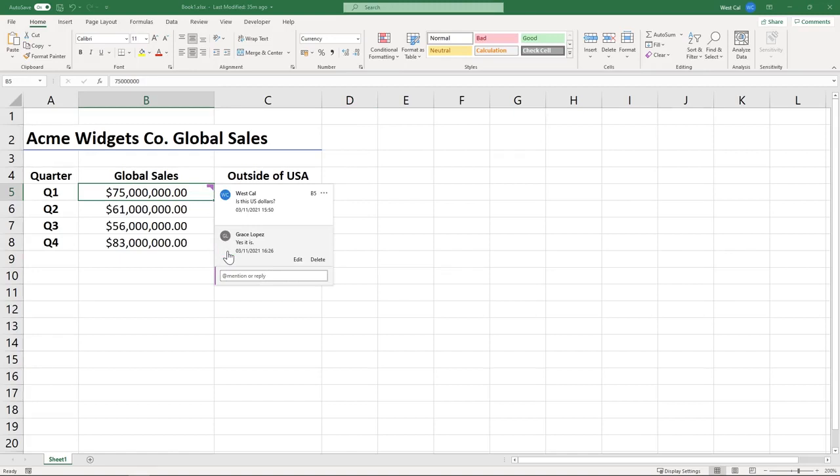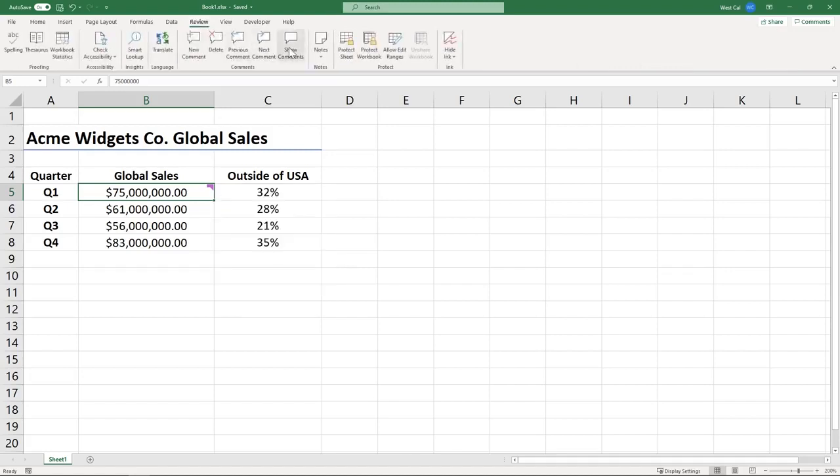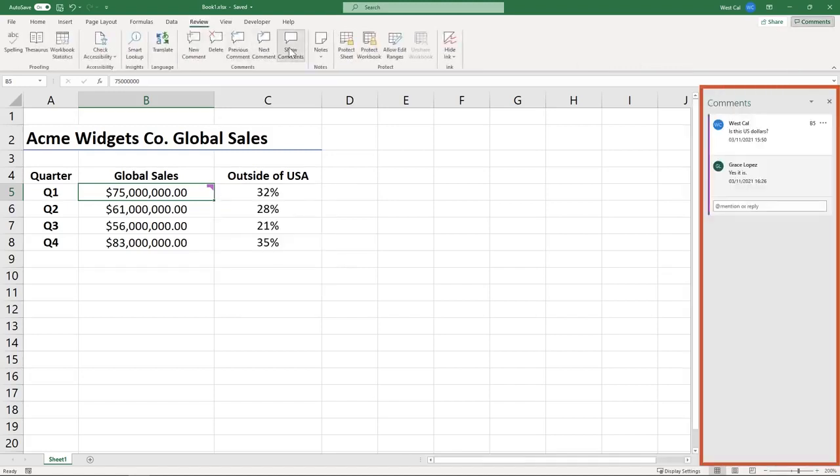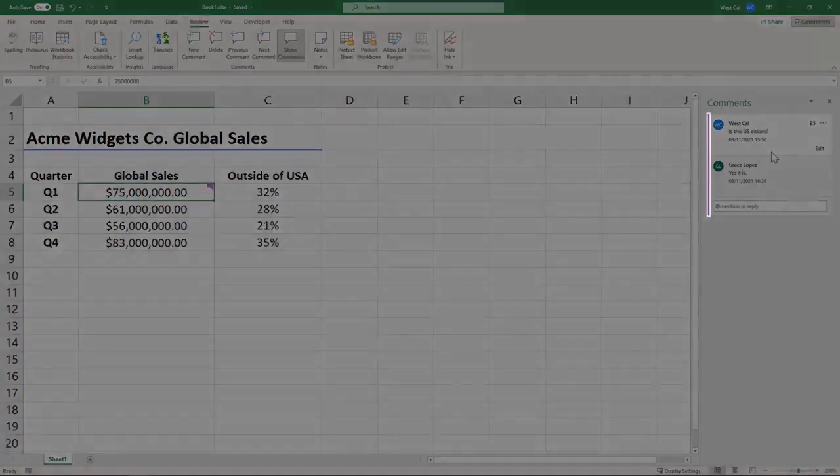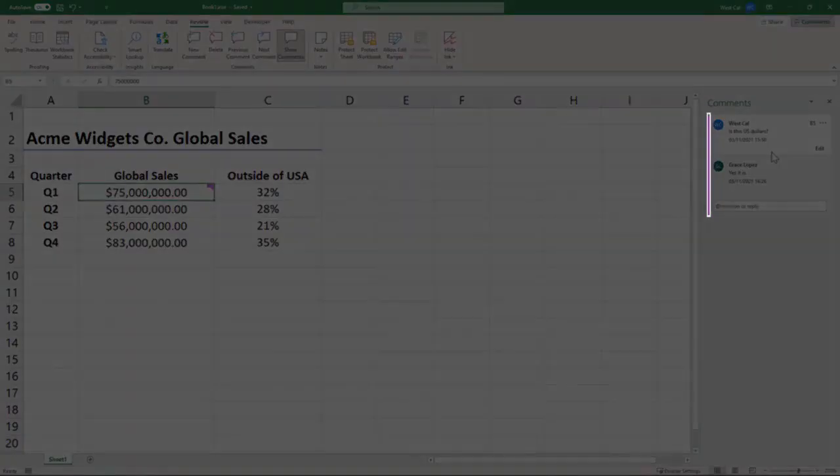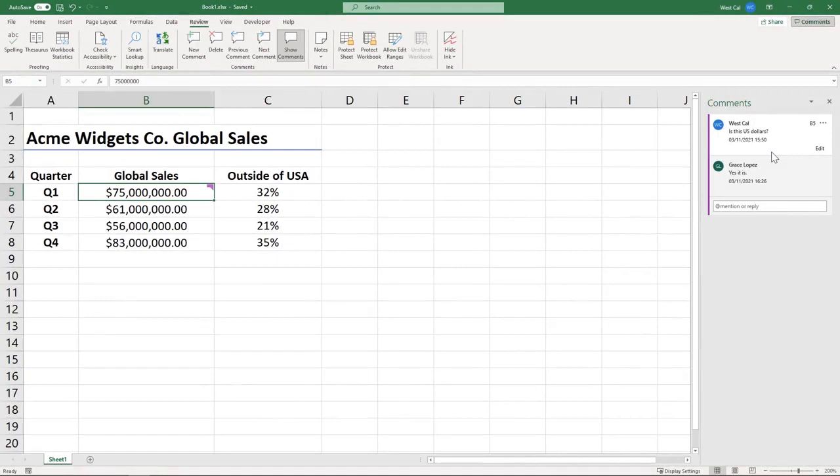The comment now contains the response, including the username and the date and the time of the reply. Clicking Review and then Show Comments opens the Comments task pane on the right side of the worksheet. It displays all of the comment threads in the worksheet. If a cell with a comment is selected, that comment is highlighted by a violet bar to the left of the comment. To close a conversation, hover over the commented cell, select More Actions, the three ellipses, then click Resolve